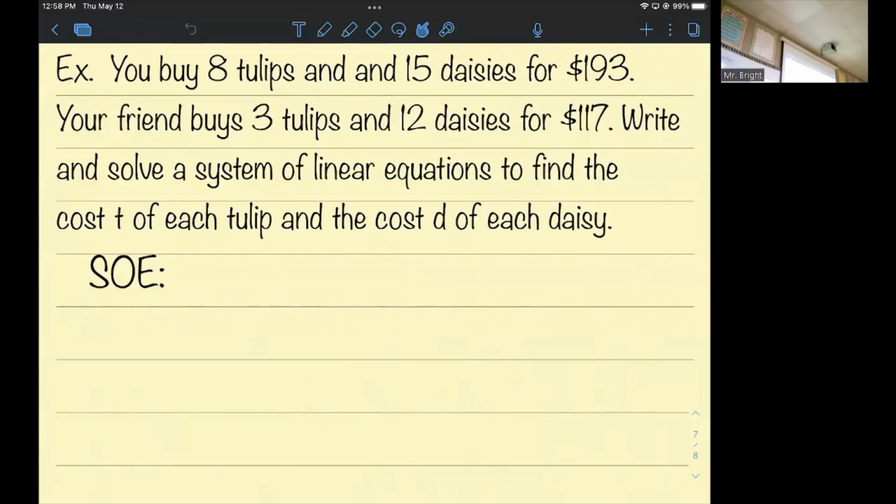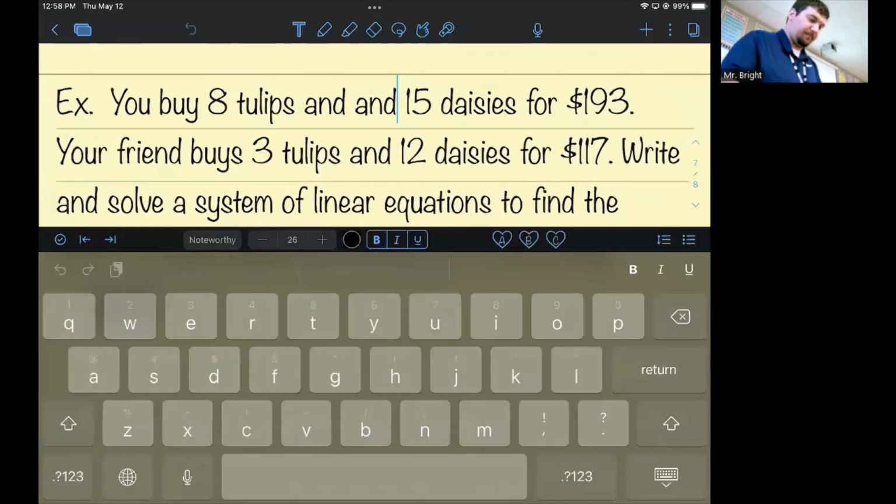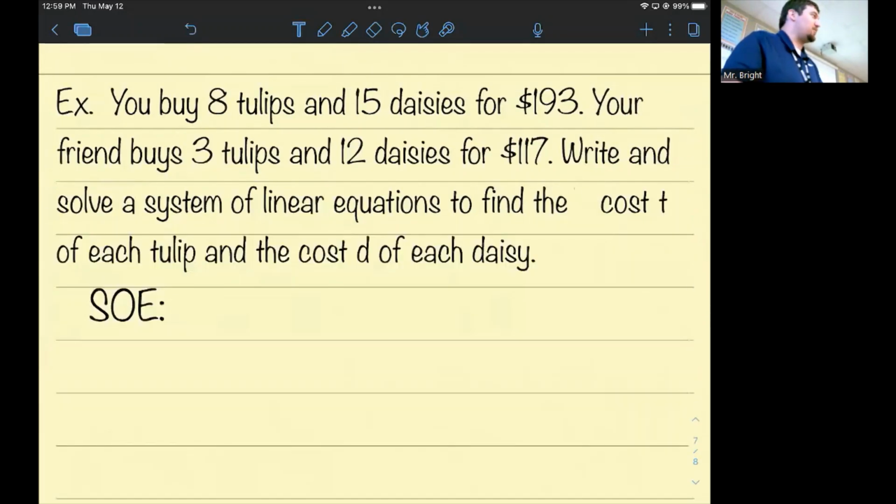All right. It should be in your 5.3 notes, at the very bottom: the story problem. It says you buy 8 tulips and 15 daisies for $193. Your friend buys 3 tulips and 12 daisies for $117. Write and solve a system of linear equations to find the cost T